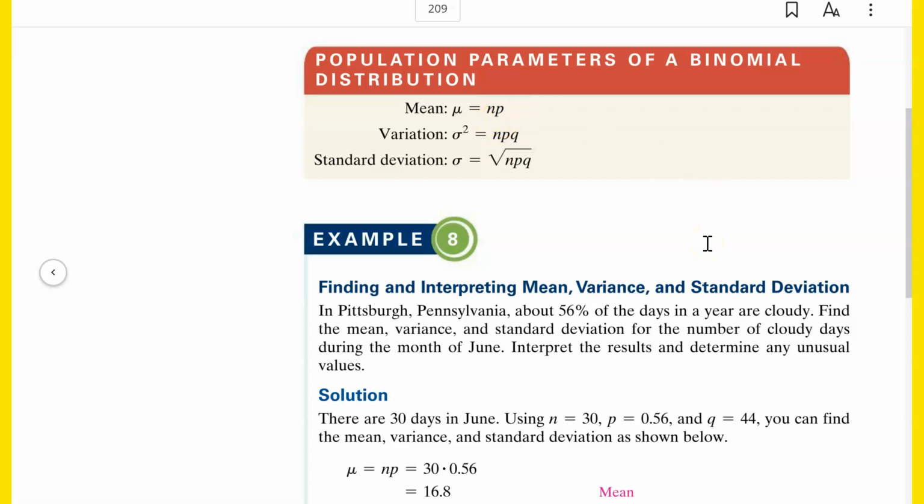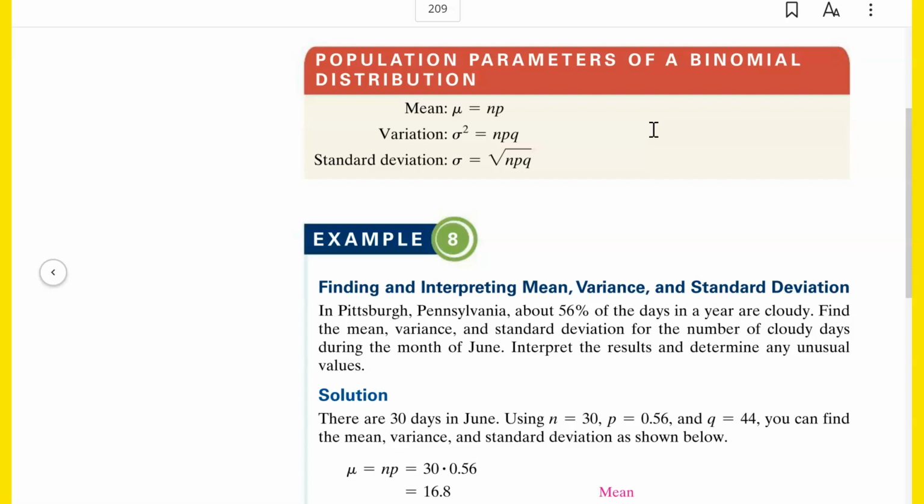So this makes a lot of sense. Let's take my free throw example. If I'm a 60% free throw shooter, and I'm shooting 10 free throws, what is the mean number of free throws that I am going to make? It's going to be n is 10, p is 0.6, 10 times 0.6 is 6. So the mean number of free throws that I would make out of 10 would be 6, and you could call that the expected value.